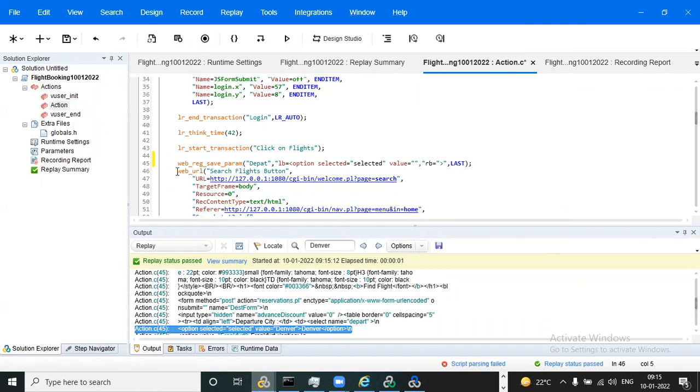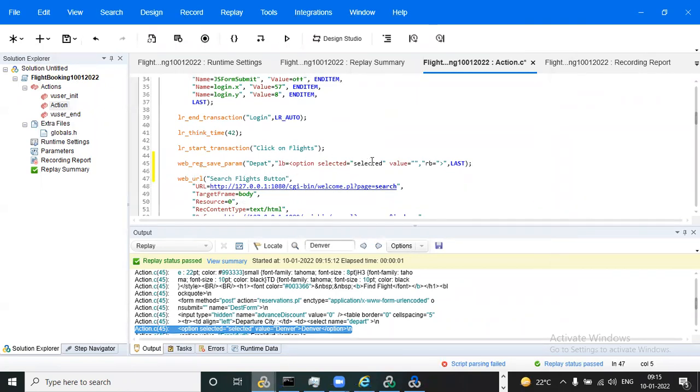Now we need to check whether any double colons came in the dynamic value place or the right boundary or left boundary. This double colon we have given, so there is no need to change it. But you can observe after selecting it, there is a double colon.